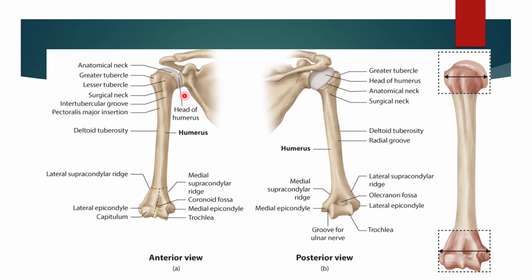See here in this diagram, this is the proximal extremity, this is the shaft of the humerus, and this is the distal extremity of the humerus. In the proximal extremity, we have studied the head of the humerus, the lesser tubercle, the greater tubercle, the intertubercular sulcus, the anatomical neck of the humerus, and the surgical neck of the humerus. In the shaft of the humerus, up till now, we have discussed the deltoid tuberosity and the radial groove in which the radial nerve and the profunda brachii vessels are present.